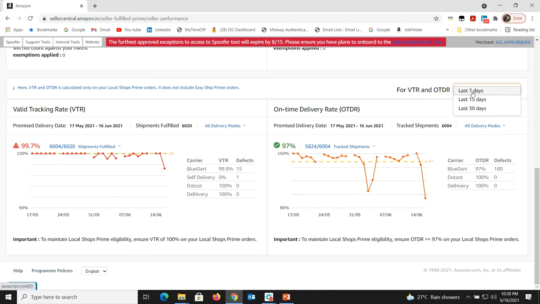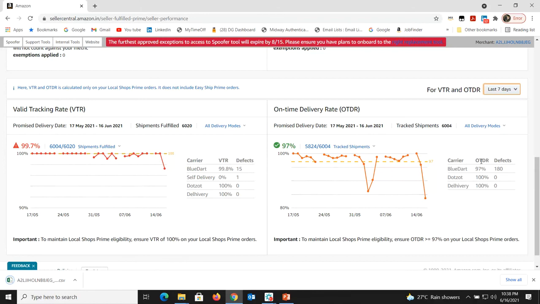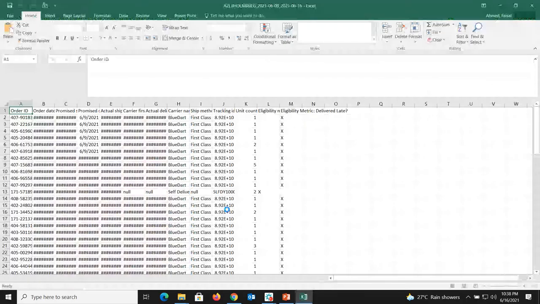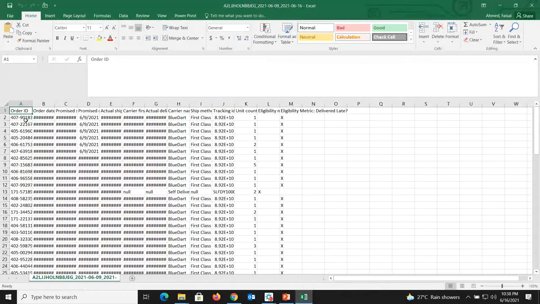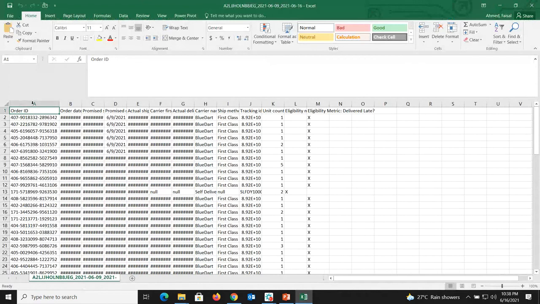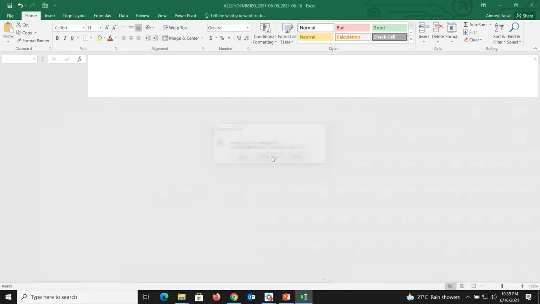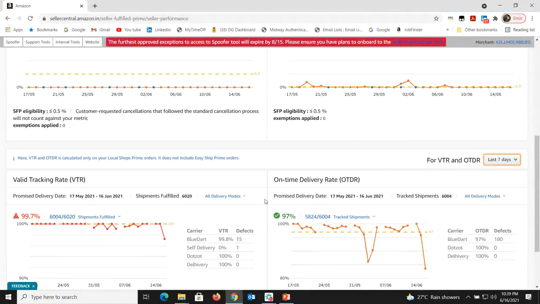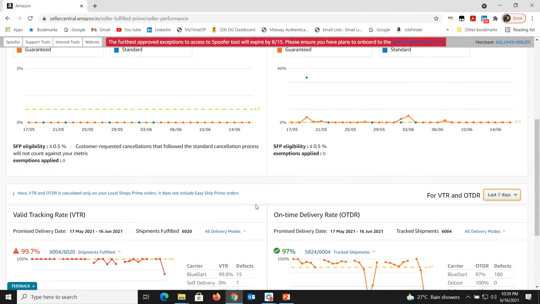So let me quickly show how that actually works. Once I click the button for the last 7 days, you might want to wait a few seconds. There will be an auto-generated report which will be downloaded on your download screen, and you can access the Excel file which has the order level details. You can see the details of the defect orders. So similarly, dear sellers, this is how you can utilize this dashboard